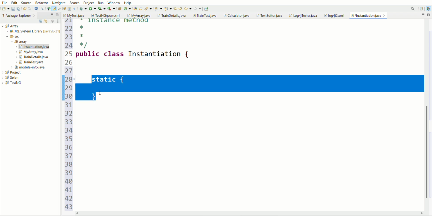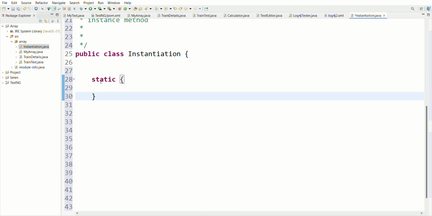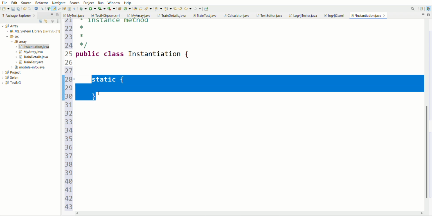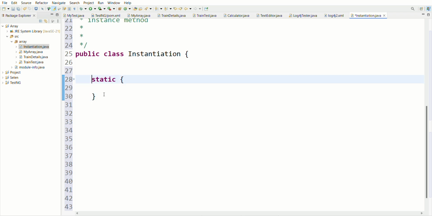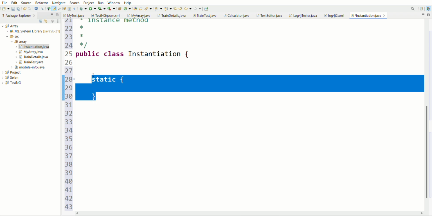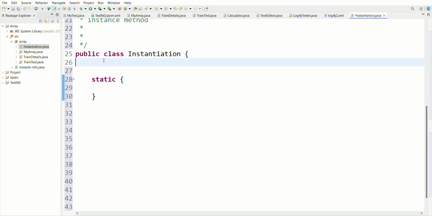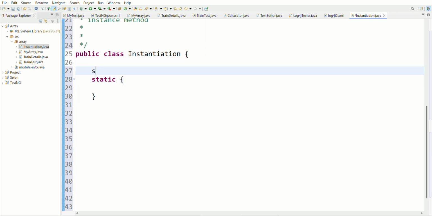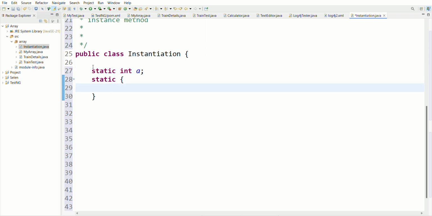Static blocks are used to initialize default values at the time of class loading. If we want to define some value at class loading, then we can write it as static. As I am writing here, static int a. Here this is my static variable. Why is it a static variable? Because I am using the static keyword.